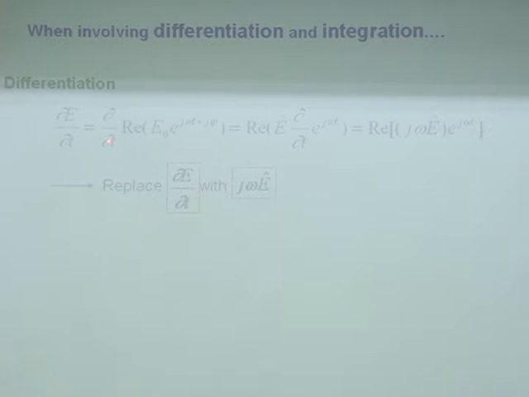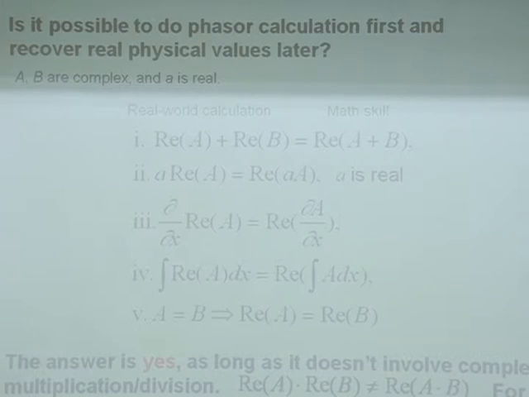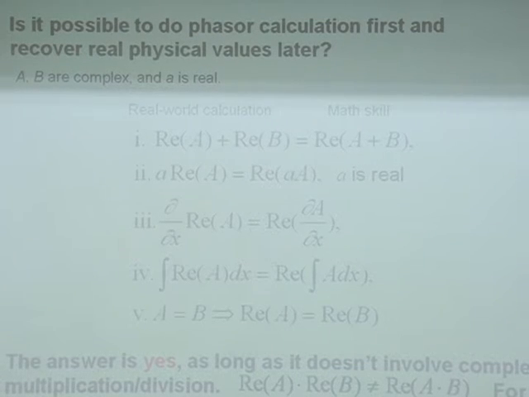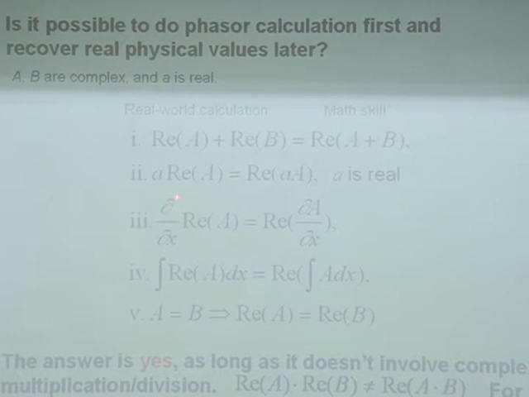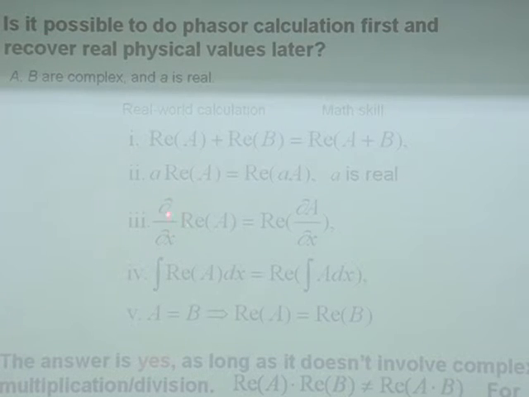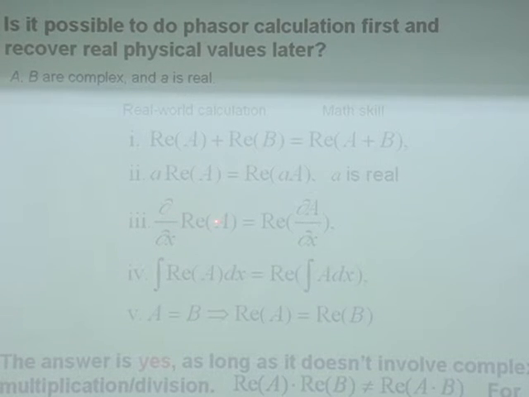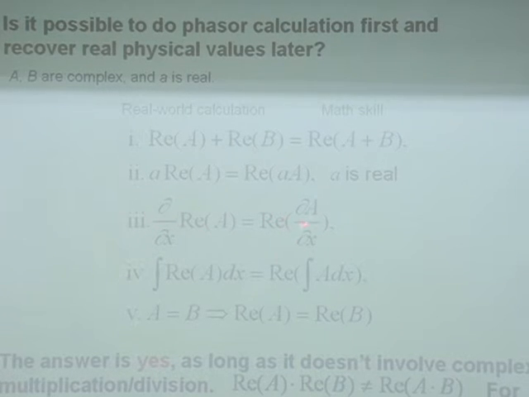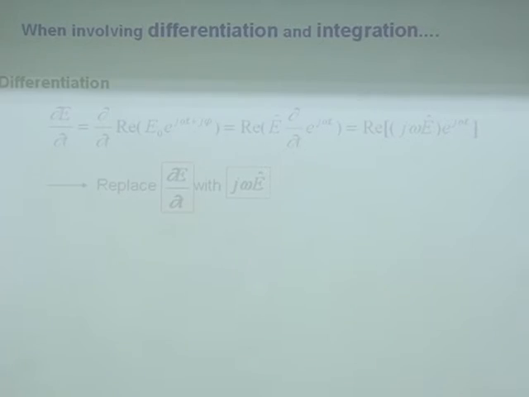And this differentiation, well, you have differentiation outside, but you can put this operator into this parenthesis. 你可以把这个微分呢放到这个括弧里头来。